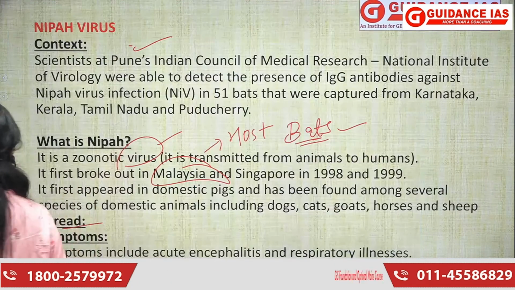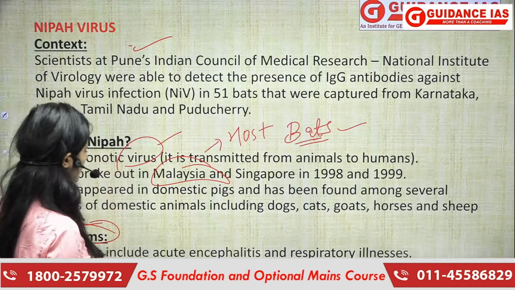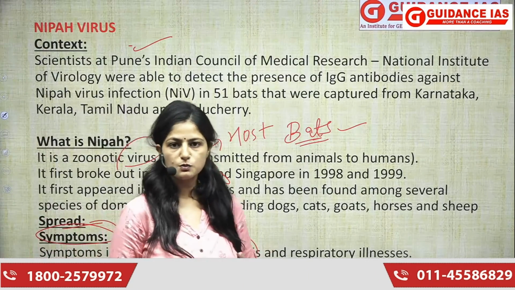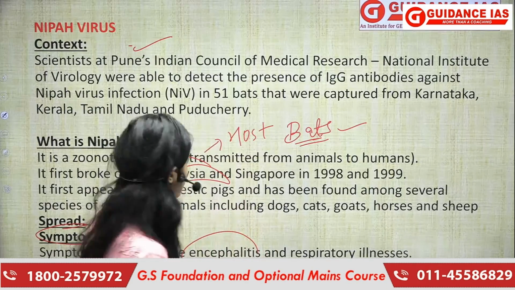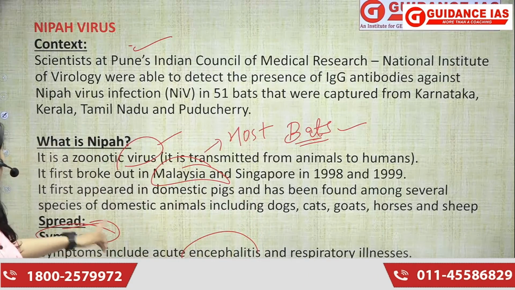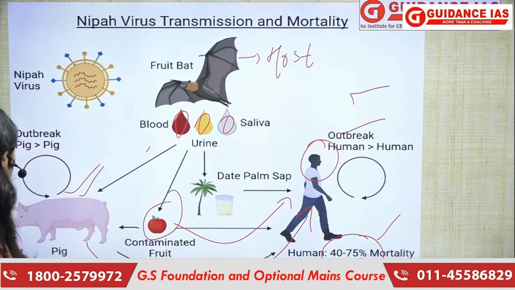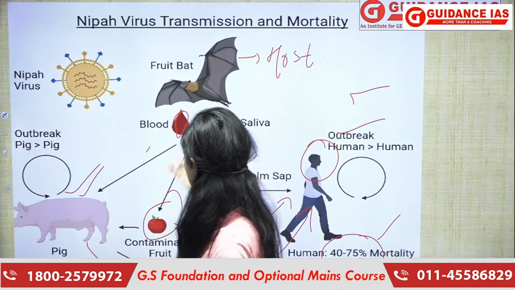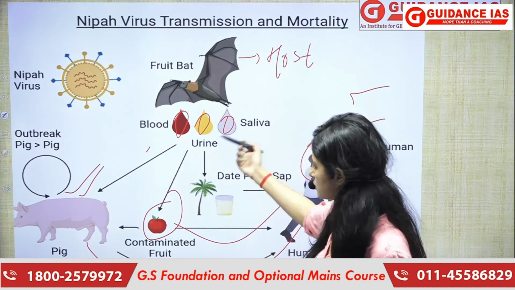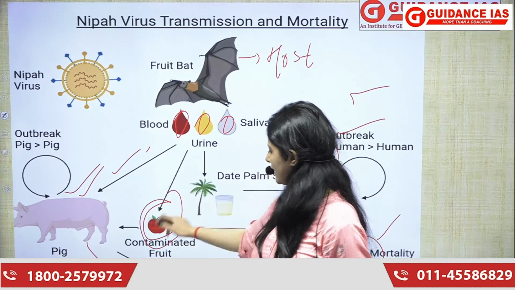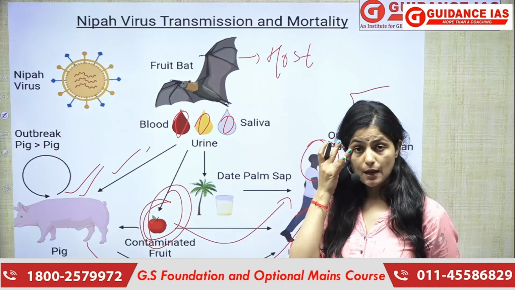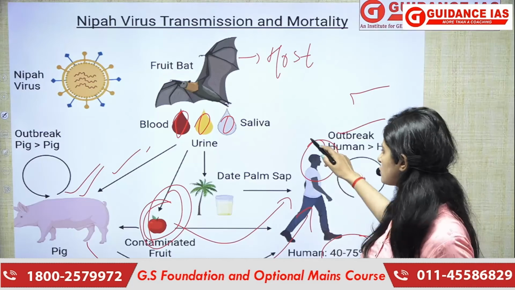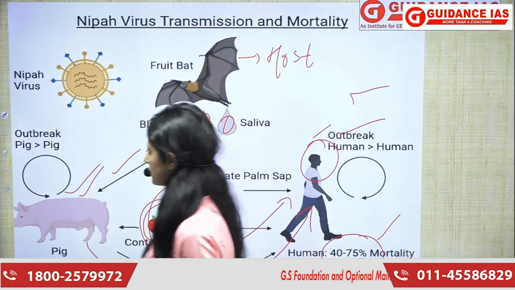And this is basically the spread, how it gets spread. If we talk about some symptoms, encephalitis, which is basically brain inflammation, some heart problems, some respiratory problems, these are some of the common symptoms of Nipah virus. Next, prevention is the same. If we keep washing our hands, if we prevent coming in contact with such animals, or do not eat such contaminated fruits, or eat them wisely after washing them properly. So these are some of the preventions of Nipah virus, right?